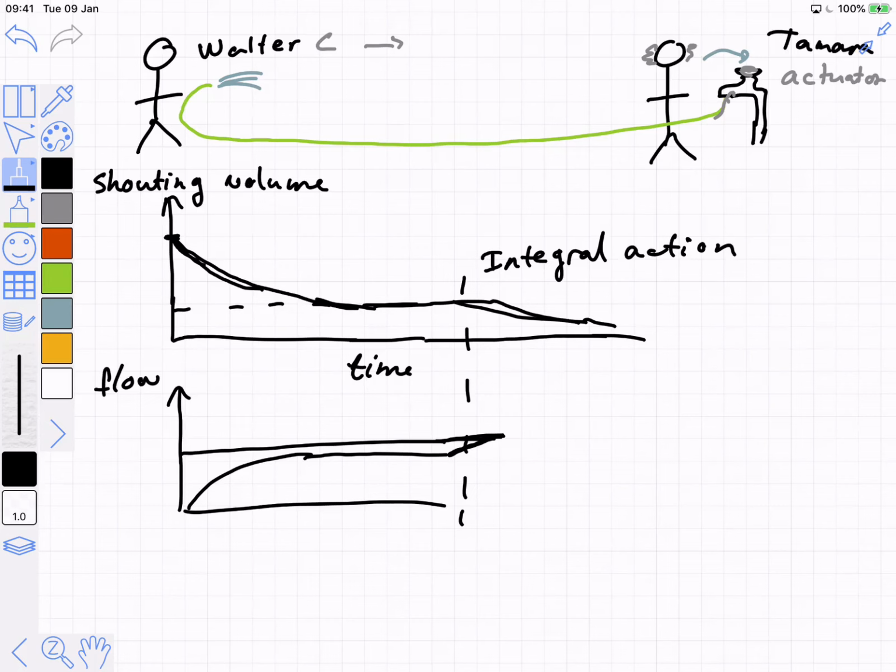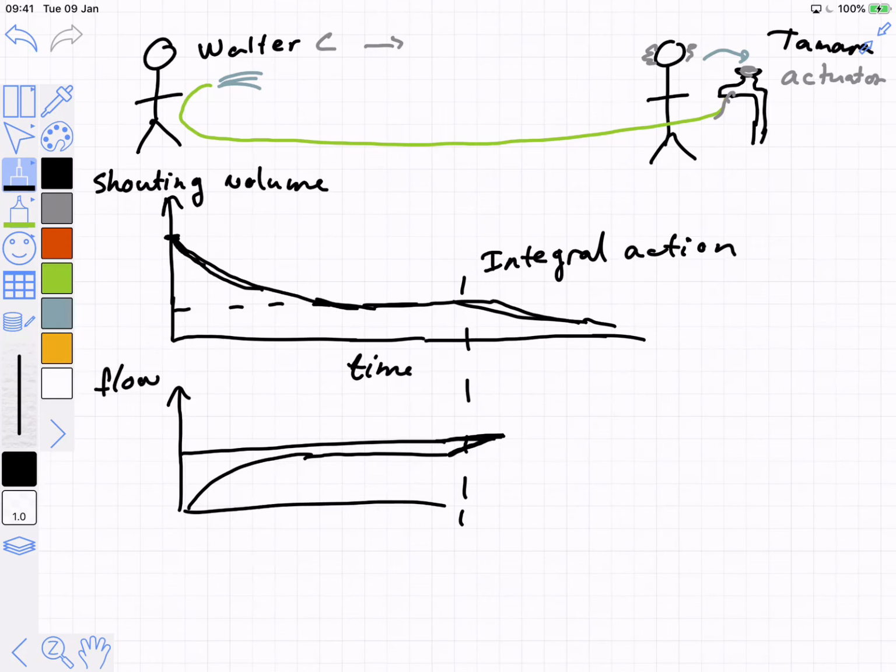Now, when you start talking about it in that way, remember, if the tap position is a single fixed idea, the rate at which I turn a tap is conceptually an integrator. The position of the tap integrates the rate at which I turn the tap. And so you can say,